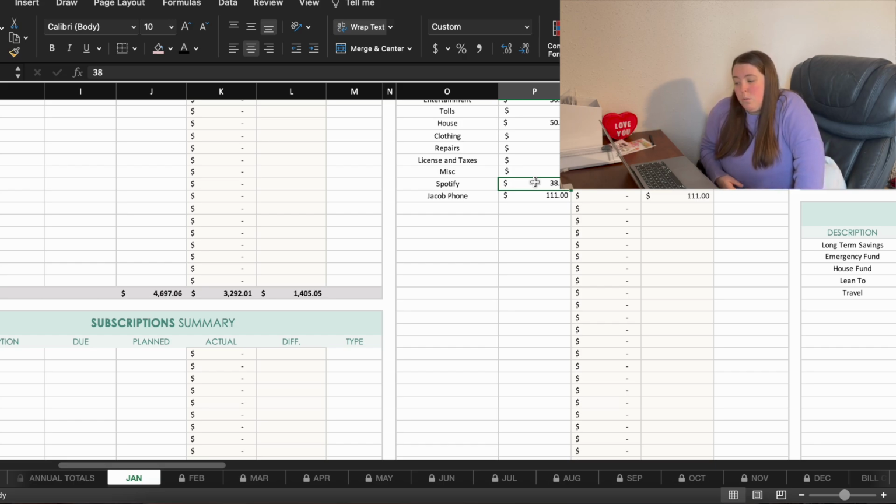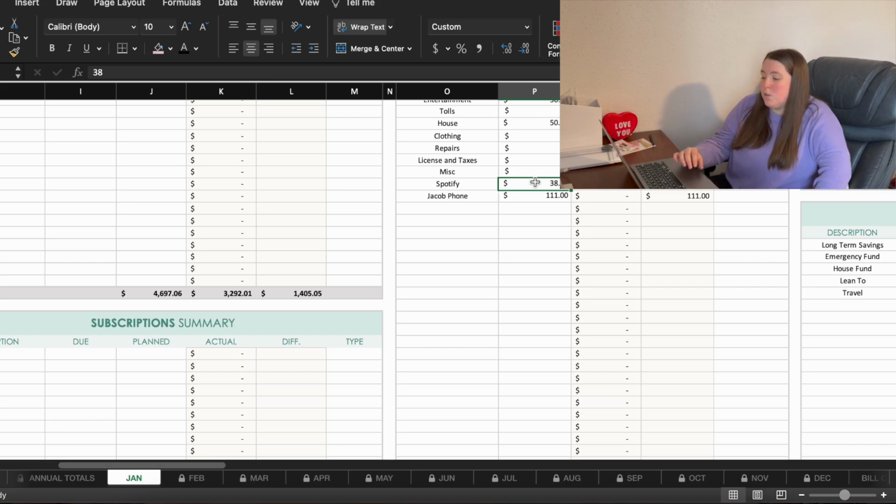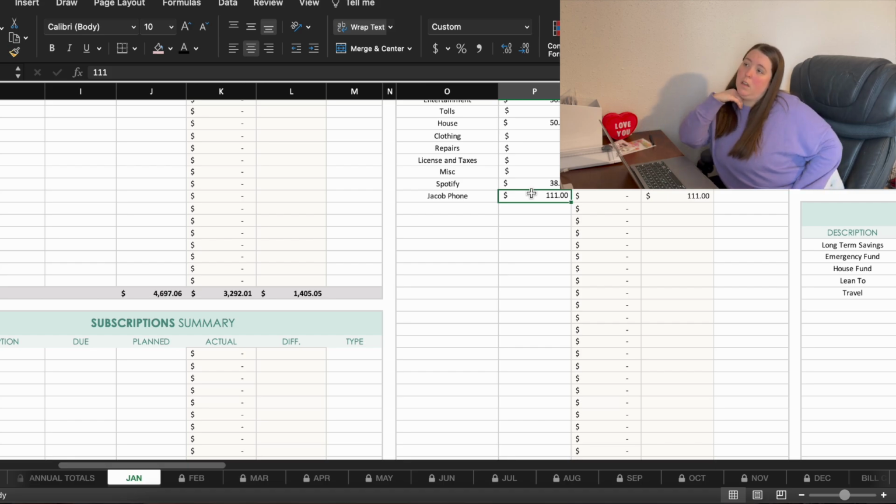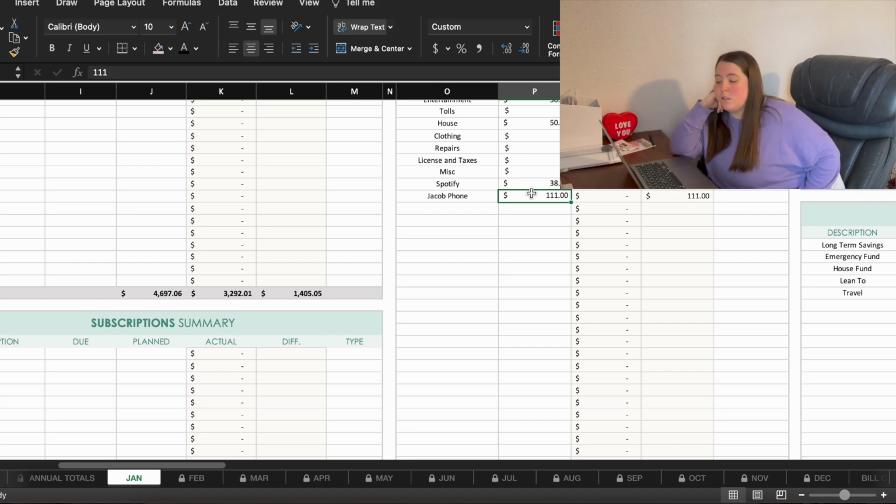So we're having to pay that this month, as well as his phone. I guess she had a work discount on her AT&T plan, and then it got taken away, and she didn't know, and obviously we don't know because we don't get to see the bill since it was on his mom's plan. And it was a difference of, I think, like $11 or something, and so she's having us pay back that from when Jacob got this new phone in March. So those two bills were very unexpected,